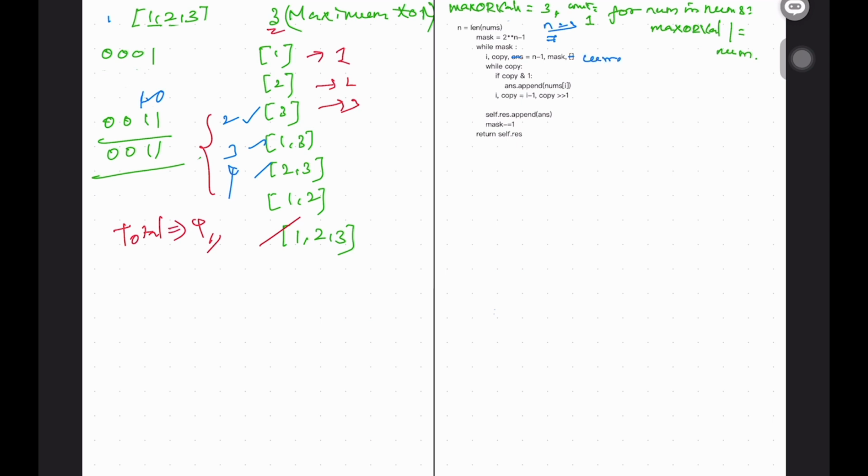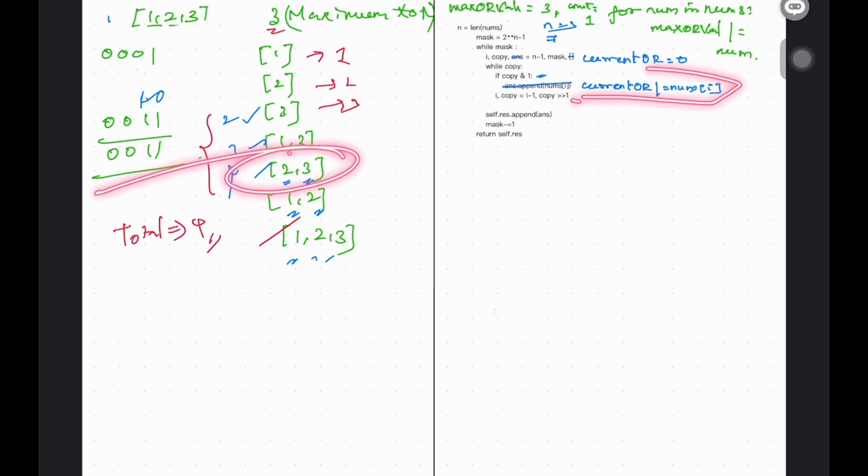Instead of, we'll have a current OR value equals to 0, and instead of appending, what you will do is current OR equals to nums of i, because that bit is set, so which means 2 3, so it will come every time, or 1 2, or 1 2 3, something it will come. So now, instead of adding it to the array, it will give us a subset generation. So now we'll be doing OR of these values in a current OR,